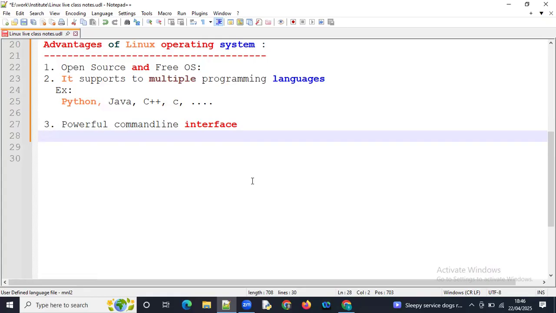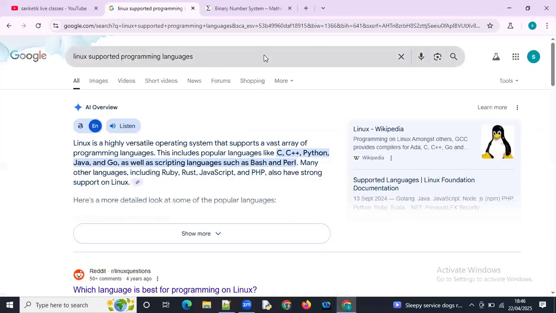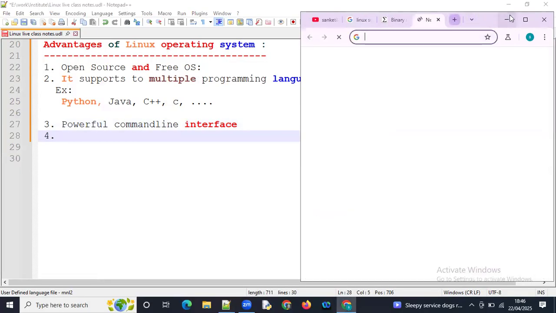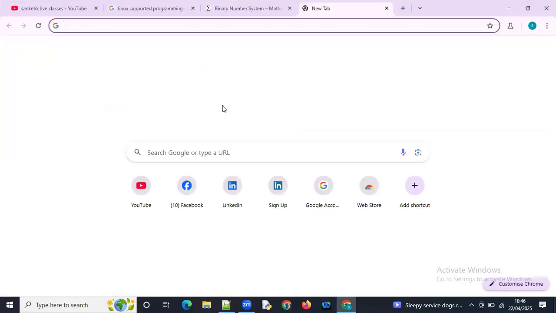Next one. It will also support server side programming. So here, suppose I'm opening one e-commerce website, Amazon.